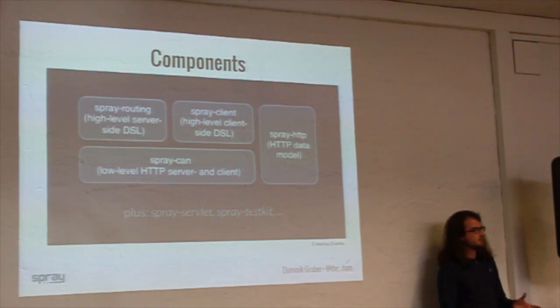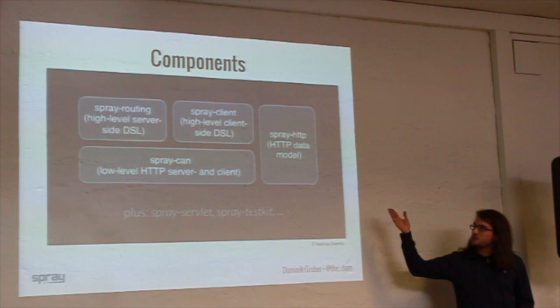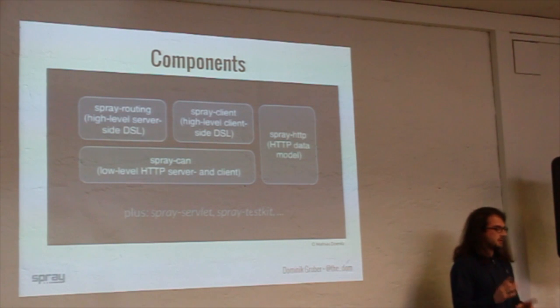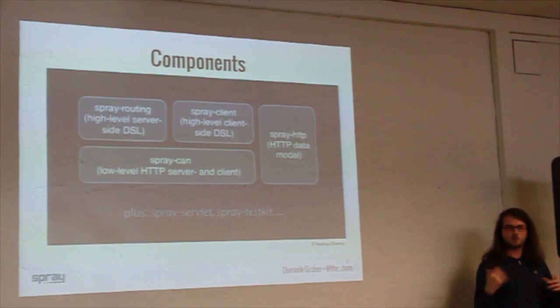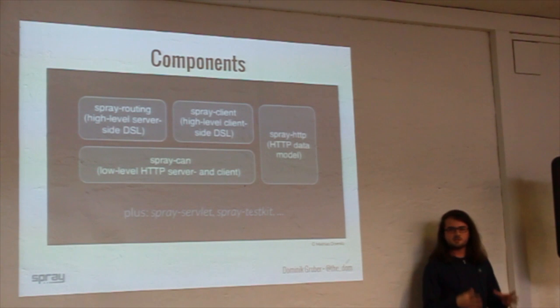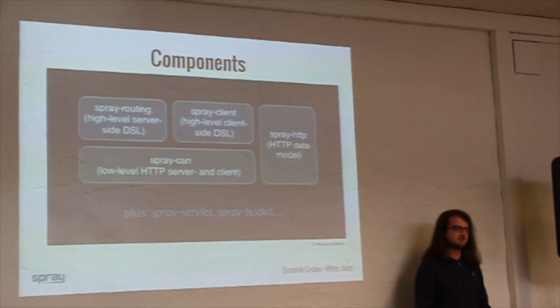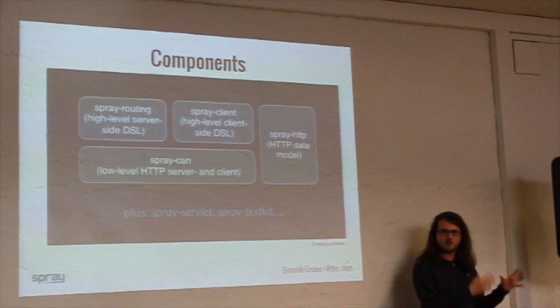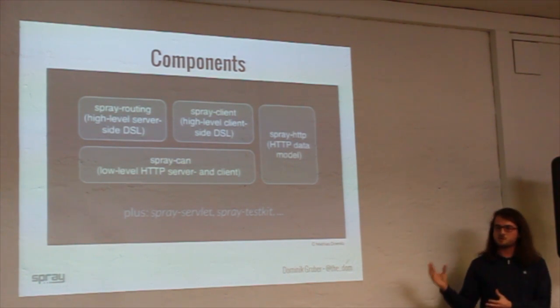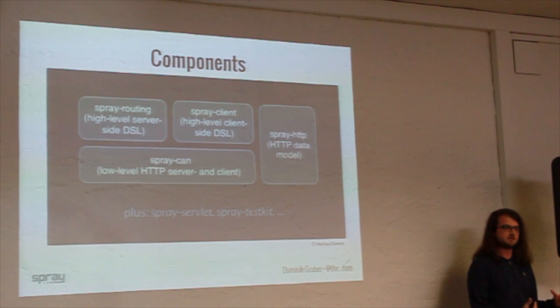The major components. As I told you, Spray is a set of libraries. Those are the 4 major libraries you will encounter if you work with Spray, but there are also a bunch more. Well, let's go through the 4 major libraries, and we'll also show you code for each and every one of those 4. The first, you see on the right side, is Spray HTTP. This is basically just the data model of HTTP. So you have case classes and everything is type safe. Even the content headers, the response types, the codes, everything is typed. So you can check against those also in your tests. And you can use those alone if you would want to. So there's no dependency to other Spray libraries for Spray HTTP.